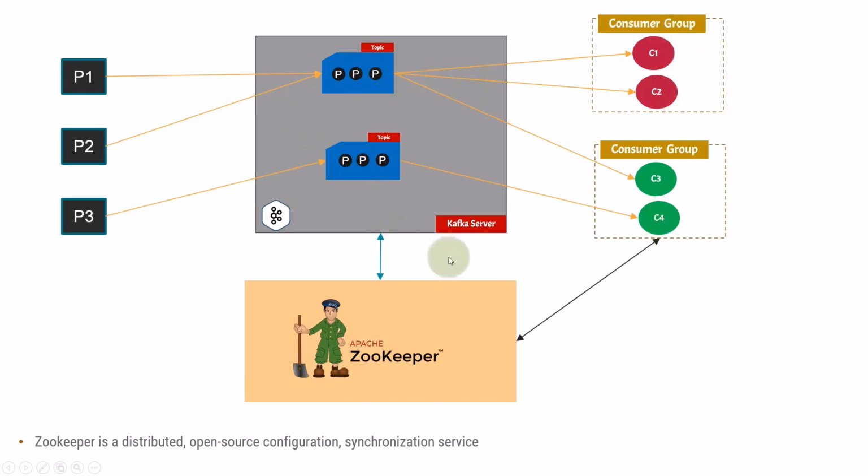So where all these data are stored, it is stored inside this Zookeeper. It is a configuration system, and whenever there is some change in the configuration, it synchronizes those configuration changes with the other Kafka components like Kafka server, Kafka producer, Kafka consumer. What are the items on which Apache Zookeeper helps the Kafka cluster or Kafka server? Which messages the consumer has read.